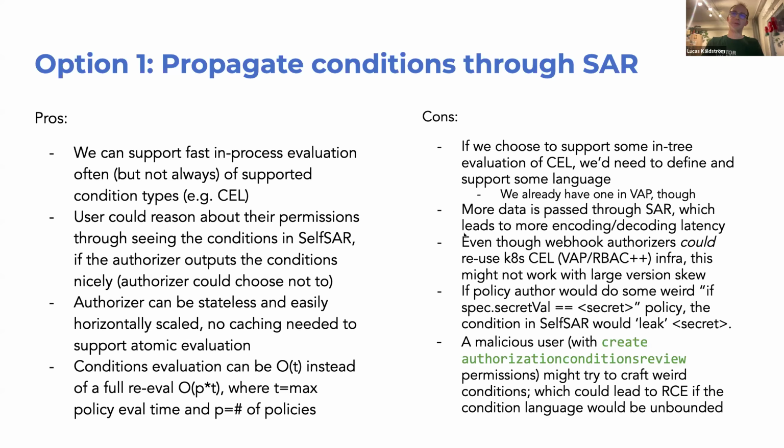This works in mostly all of the cases except version skew scenarios. If the version that the authorizer would send to the API server is, for example, too old, say the authorizer says, please evaluate CEL v1 for me, and the API server only supports CEL v2, then the API server will call the authorizer back and say, I don't recognize these, so please evaluate them for me. Which means that in any case, the webhook authorizer needs to completely support evaluating those. So they cannot really cheat in any case.